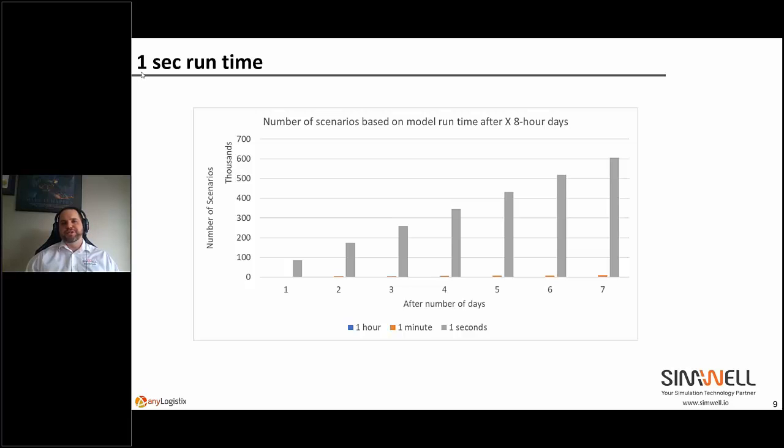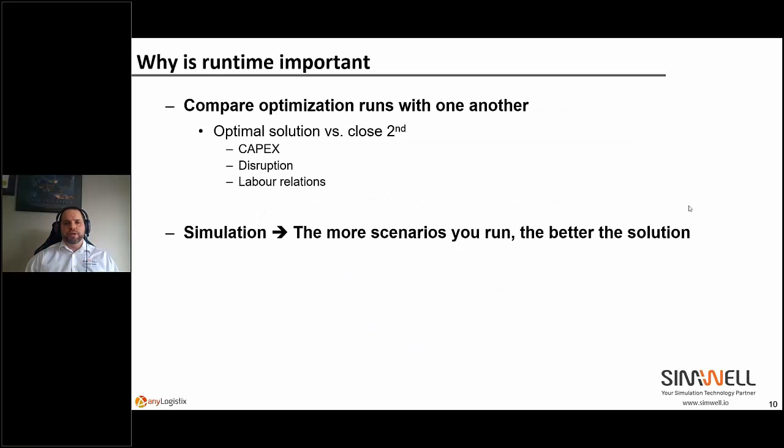If the model takes 3 seconds, right? And it goes like that. So very fast. The model runtime will impact the number of scenarios you can run. Either if you like AI stuff, obviously it needs a lot of runs, or even the supply chain model or network optimization model, the more you run scenarios, the better the results will be. And why is it important, right?